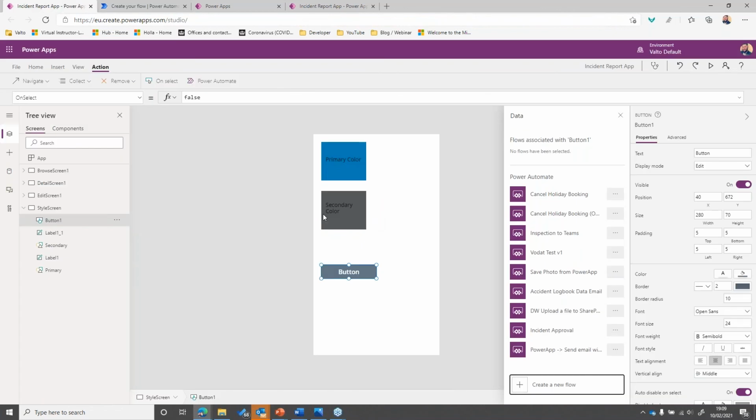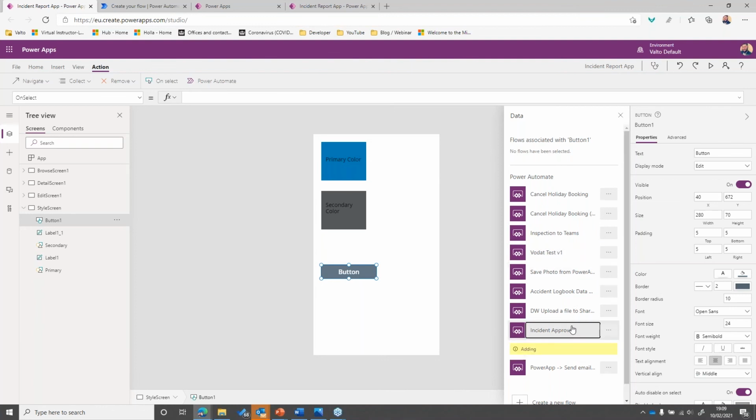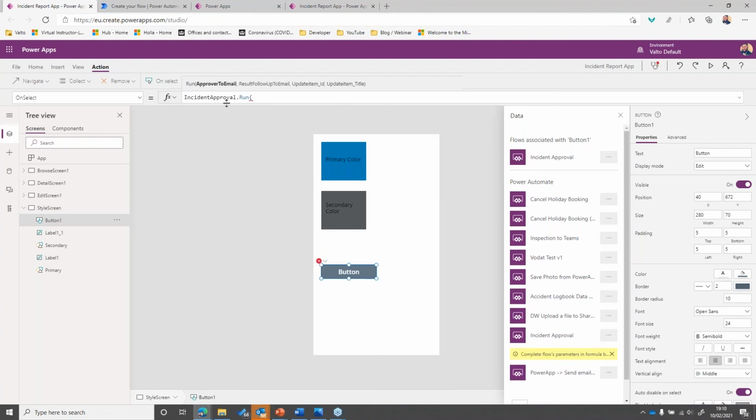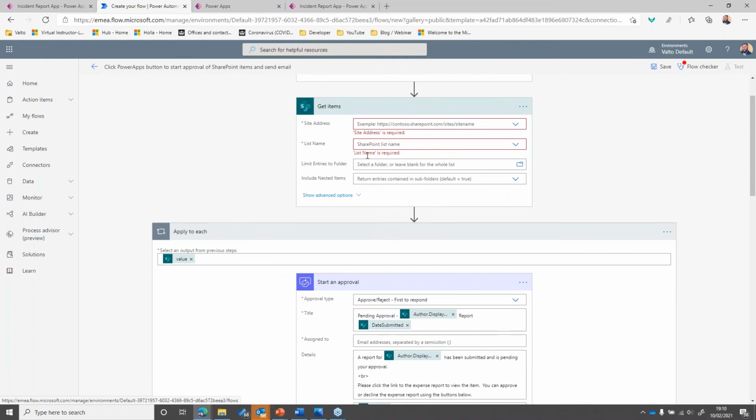Then back in our Power App, the formula is really simple: it will just say run. I'll select one that's pre-created, so you can see what this looks like as a formula. Essentially the formula is really basic. It will say the name of the workflow, run, and then it will ask for anything that you pass in. There are certain things you might want to pass into your Power Automate workflow, things like